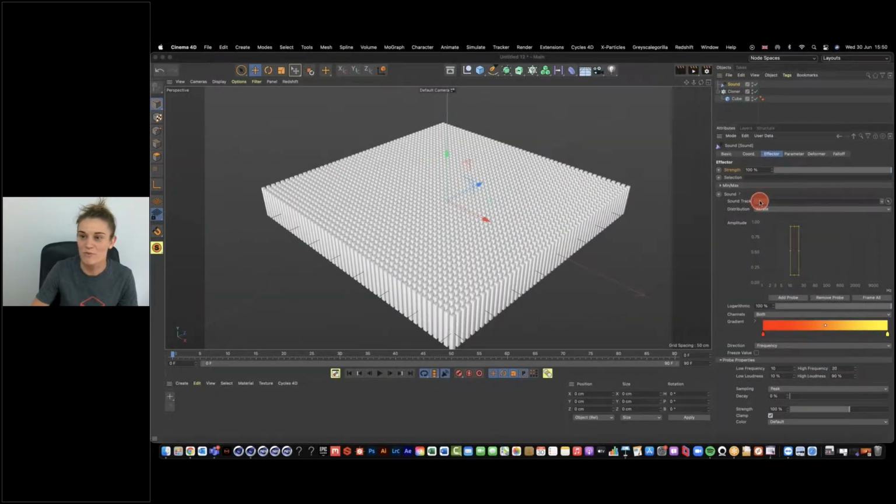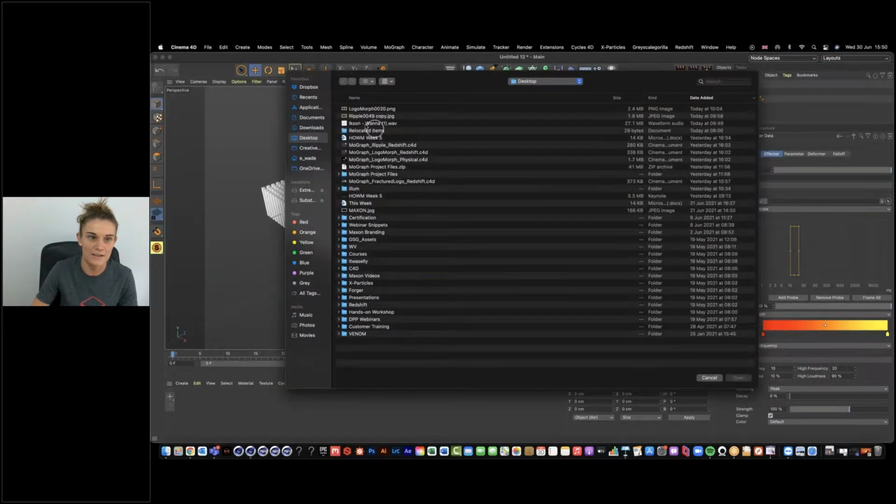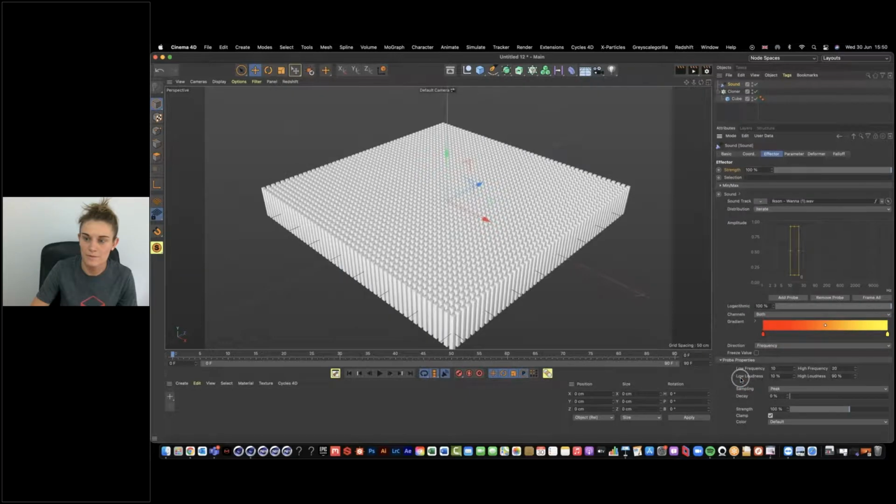Right, so let's just load our soundtrack in. Here we go. So Maxon Wanna. And it's a WAV file that I've got, so I'm just going to open that up. And another thing I'm going to do, so we can really see what's going on, I'm going to put 1,000 frames in. Okay, so now as you press play,